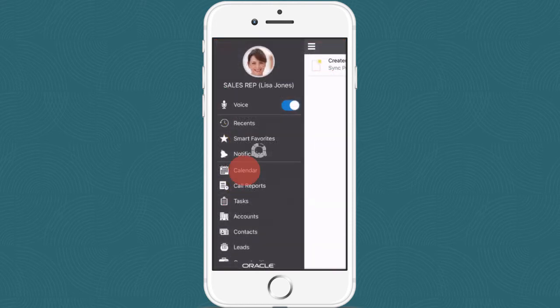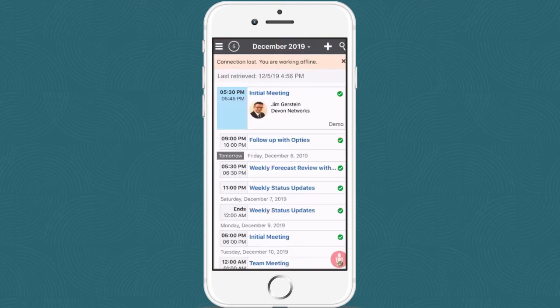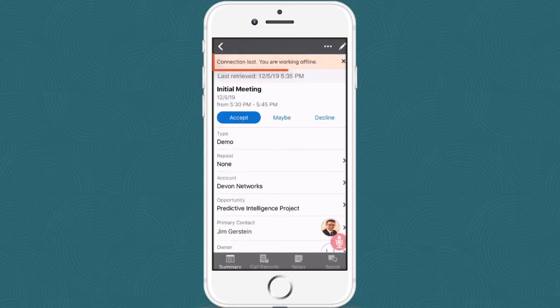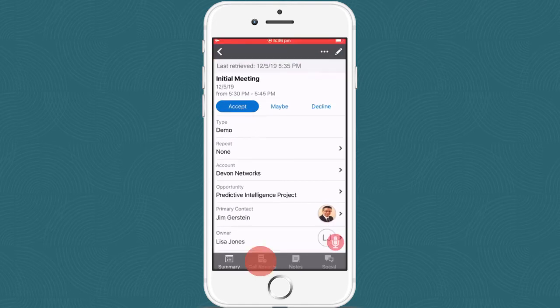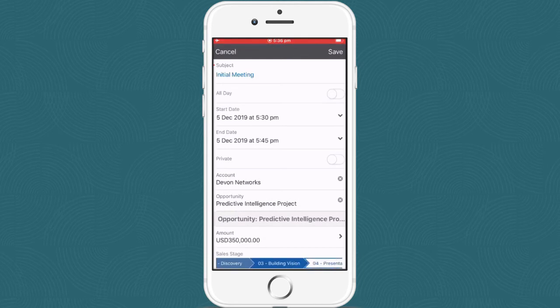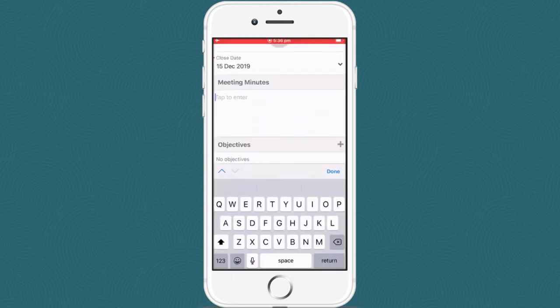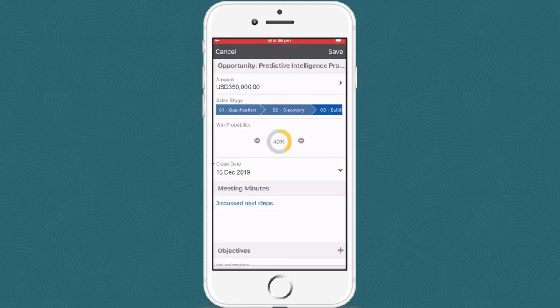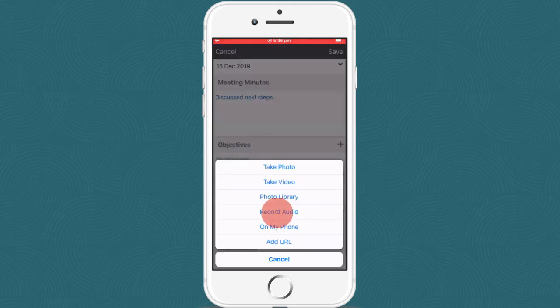And finally, even when you're offline, you can keep working. For example, if you're out of your service area, you can still create a call report. You can add the meeting minutes and an attachment,